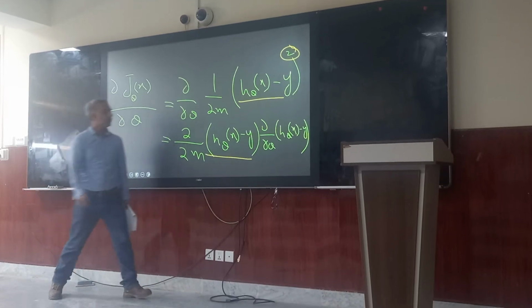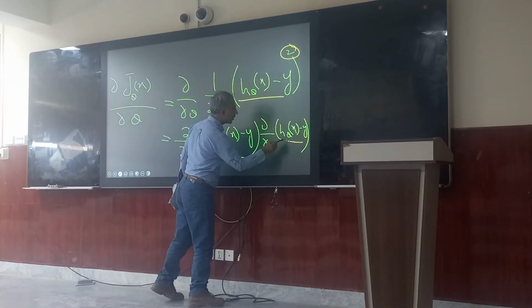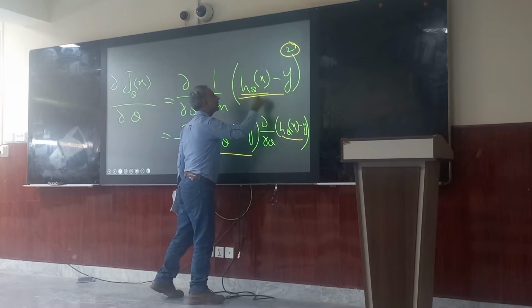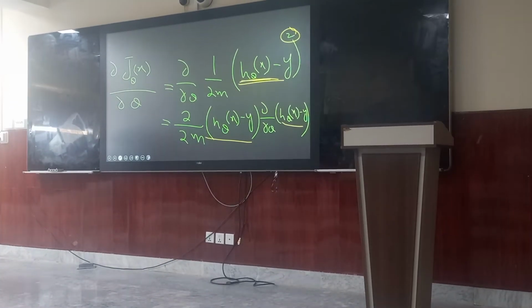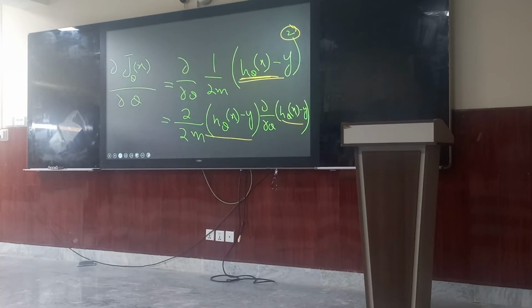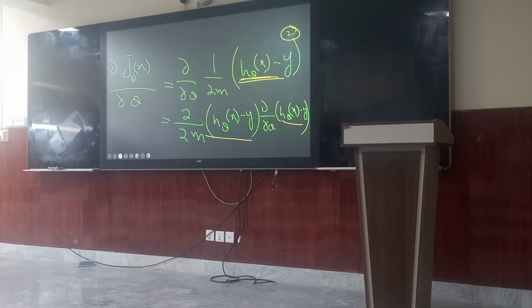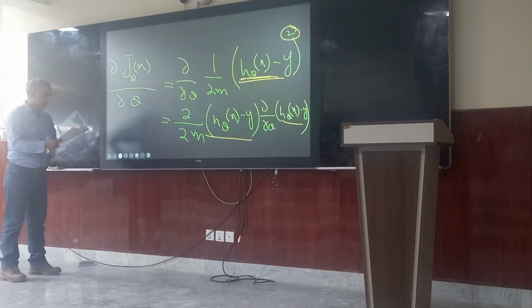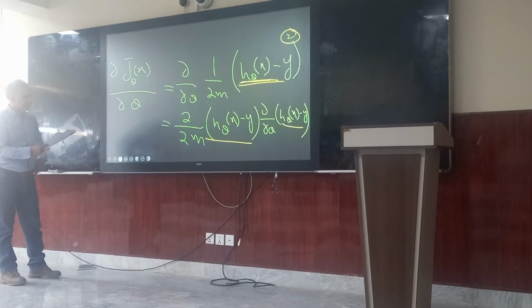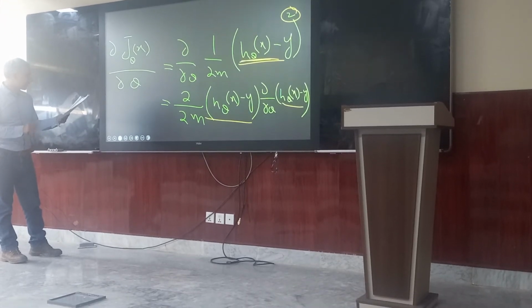So this one is the left inside. Because this involves some weight parameter theta, that's why you are taking the partial derivative again. And my children, you people are genius, but at this moment,